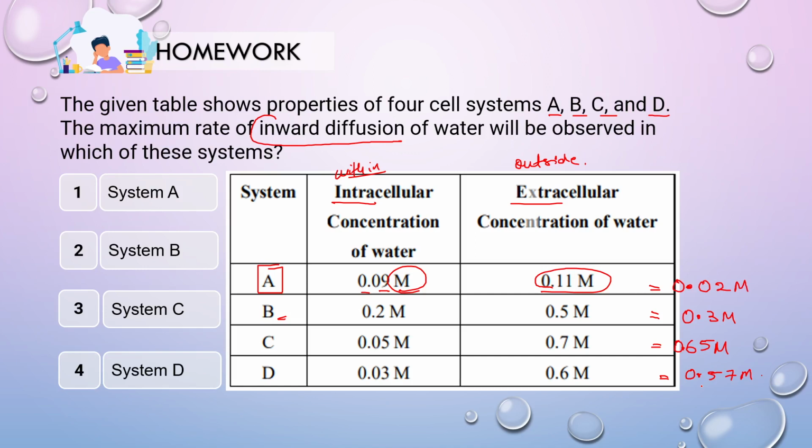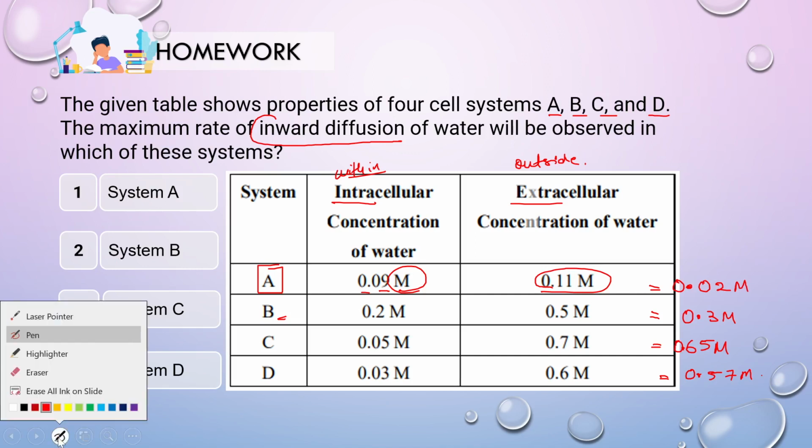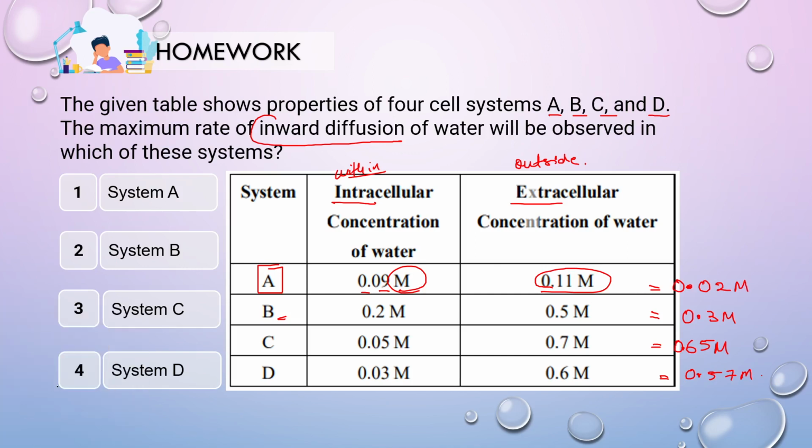Now, the question is, where are we seeing a major difference? So, the major difference or the higher concentration difference, the higher concentration gradient, is present in system C, right? System C has the highest concentration gradient, which means it is going to have the faster